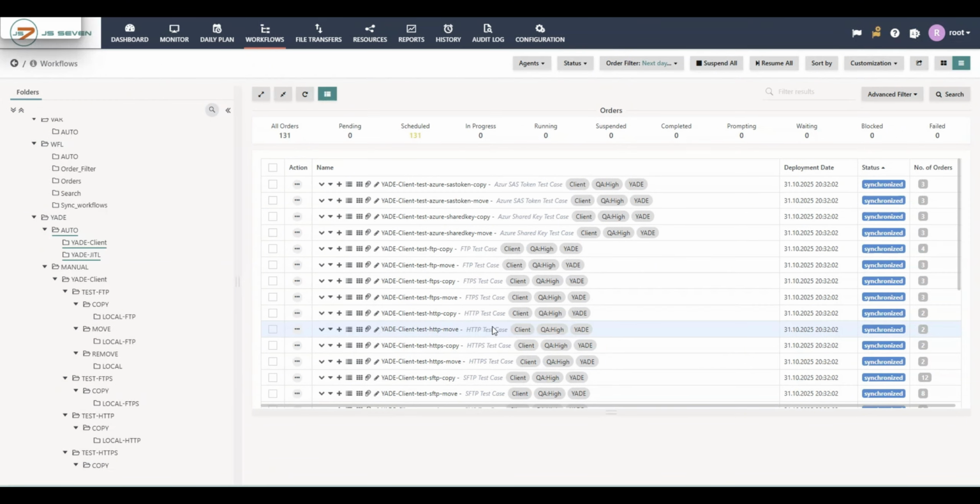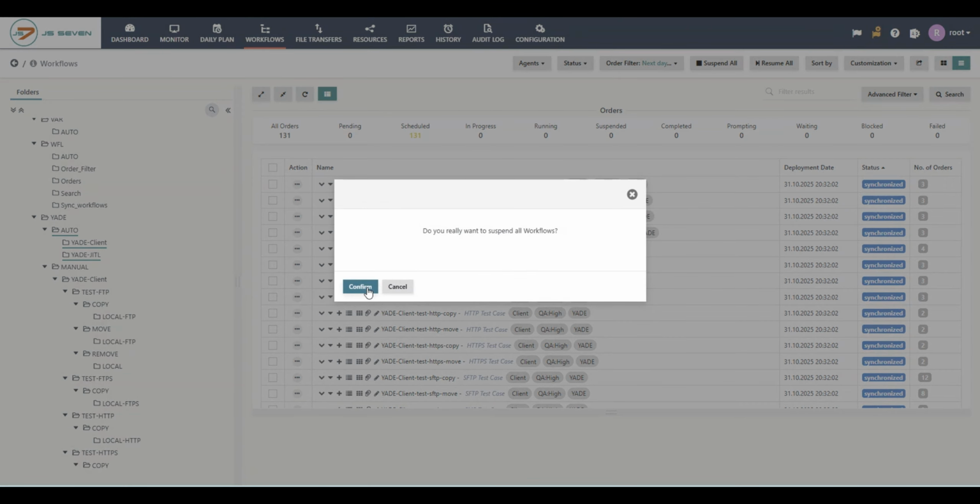Now let's look at operations on workflow. At the top of the workflow view, we find the workflow operation button. The first operation is suspend all. Let's click suspend all. Suspend all acts as an emergency stop and suspends all workflows regardless of the currently displayed